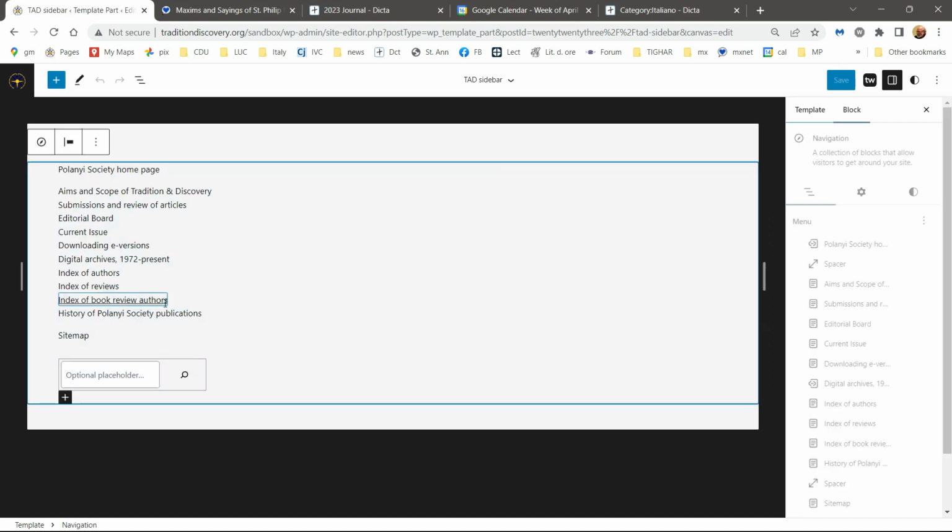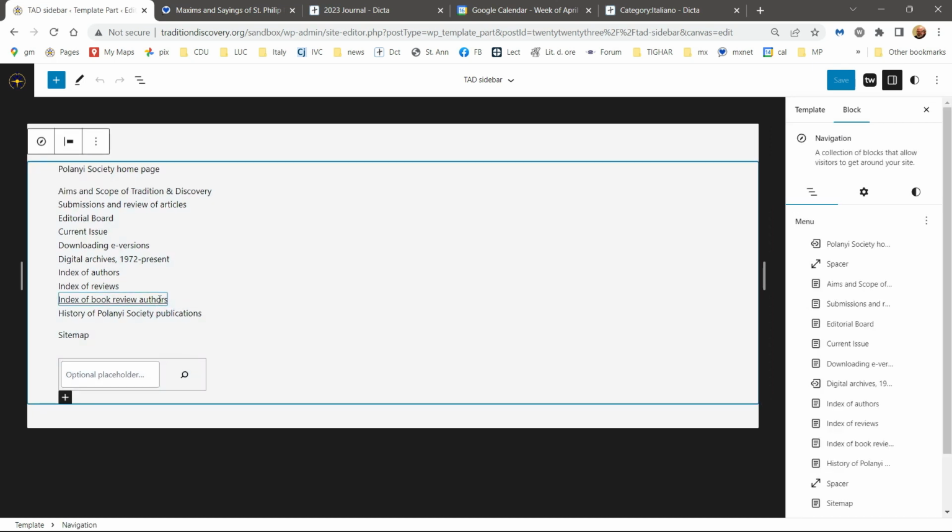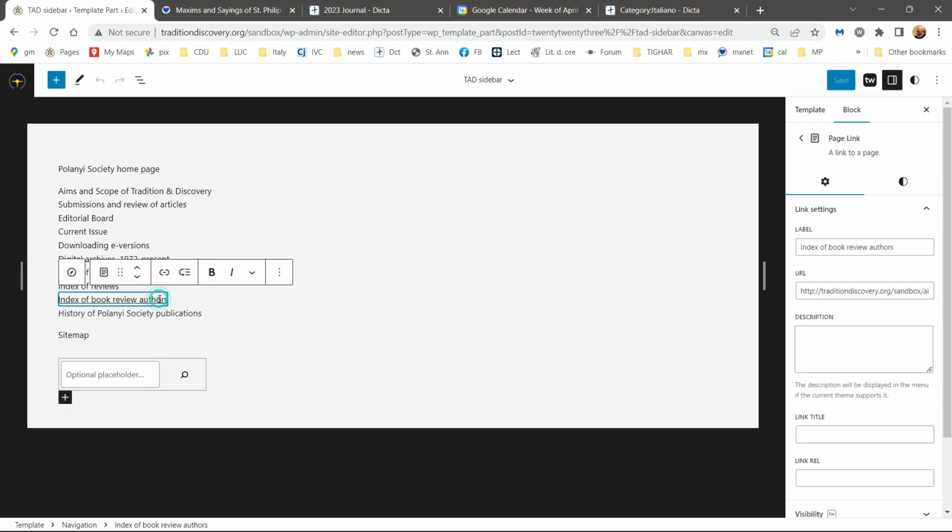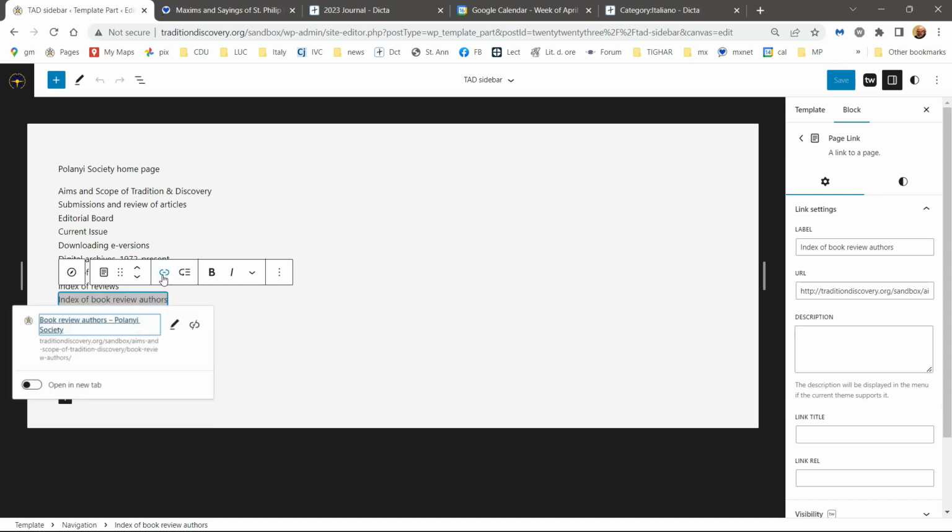Index of book review authors should be on the, I guess it's not a link. Did I fail to make a link? No, book review authors. Okay, aims and scope of traditional discovery book review authors. Well,